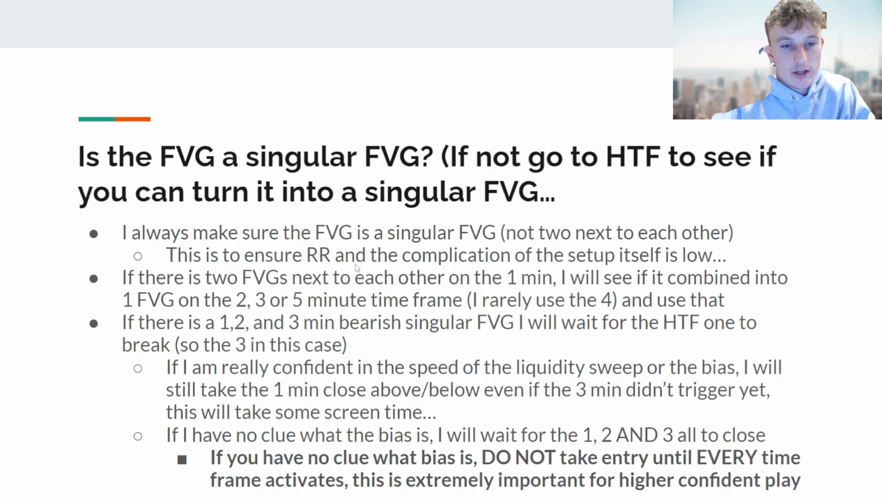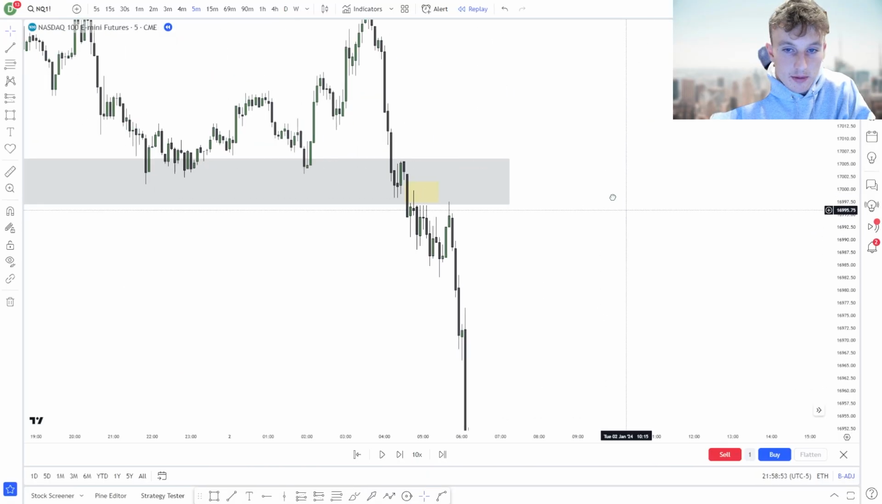Again, you want to do this to ensure the RR and the complication of the actual setup itself is just not complicated. Okay, it's better to use the inversion. It's going to be better RR. The singular inversion's going to be the better one. Okay. If there's two fair value gaps next to each other in the 1 minute, again, I will see if it combines into one fair value gap in the 2, 3, or 5. I don't really use the 4 a lot, just so you guys know, and use that. So, again, example here would be